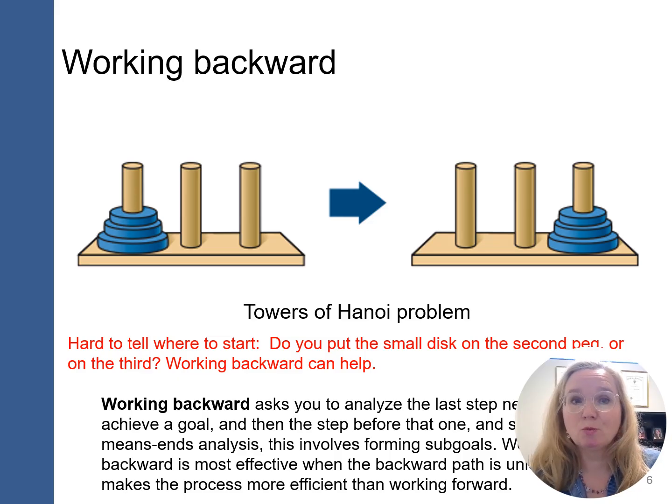The third technique is working backward. And if you've ever played the kids' Tower of Hanoi, you kind of know approximately what the Tower of Hanoi problem is. But in neuropsychological testing, what you do is you present three pegs, and then these little rings in varying sizes are stacked on the first peg, and then you tell the patient, client, or the person in the research study to get all the rings on the last one. And you have to make sure that you do that in the least number of steps.